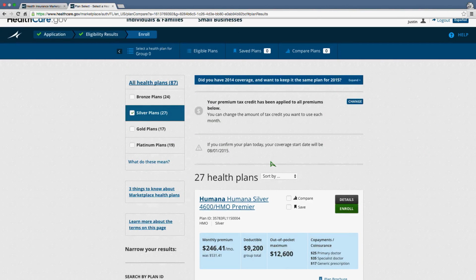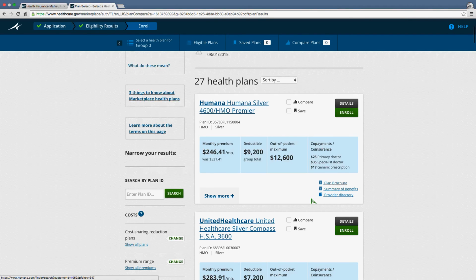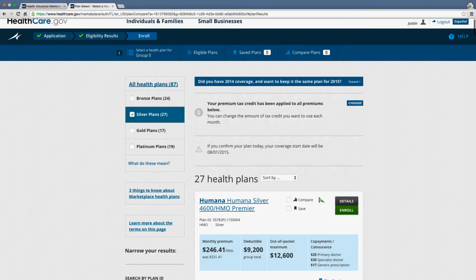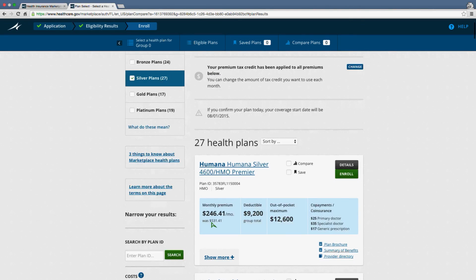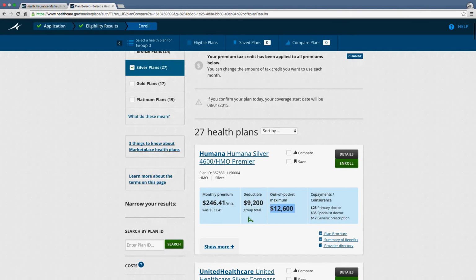But same principles here. You'll see how the tax credit is used. So this was $531, and with the tax credit, it's going to be $246.41. You see the deductible and the maximum out of pocket here. Same ideas. You can go a little bit deeper into the plan. All right. And then you just scroll through. You pick which one that the client likes,